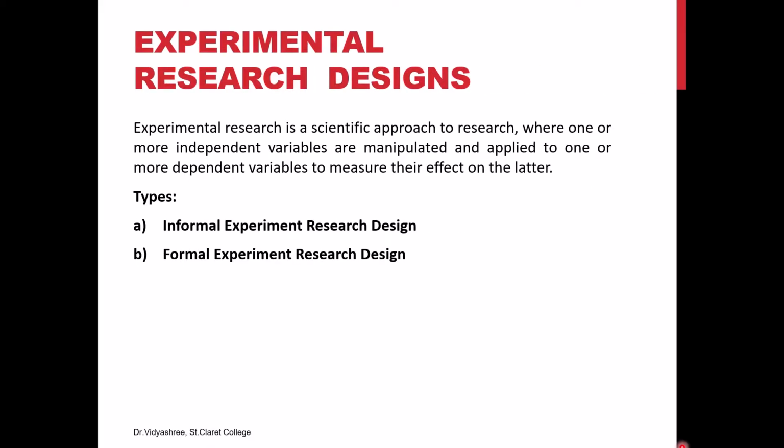This is the third type of research design, that is the experimental research design. As the name itself says, the researcher is going to conduct some experiment in order to find out the results. That is, first the researcher is going to group the variables into dependent variable and independent variable. After that, he is going to apply some experiments or treatment, or we call it measures, in order to find out the relationship between two variables, that is dependent and independent variable. This experiment design can be further classified into two types, that is informal experiment research design and formal experiment research design. So let's understand about this further.